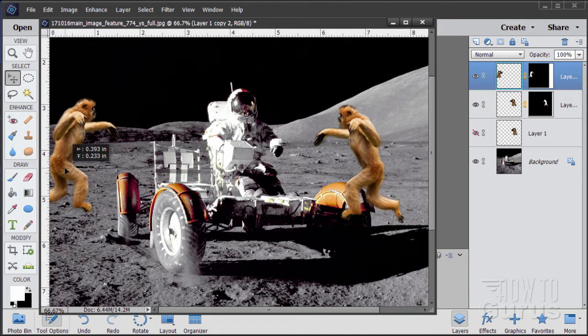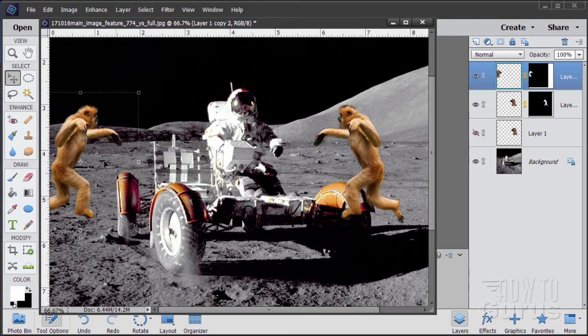There it is. And I'll just bring him up here so he's just coming into the frame up like that, just a bit. There we go. So I think it's pretty good. Now a couple things in here. Obviously this monkey is in front of the lunar rover. I want it in behind that lunar rover in there. And this monkey is going to be having a shadow coming across here, and the shadow should be in behind